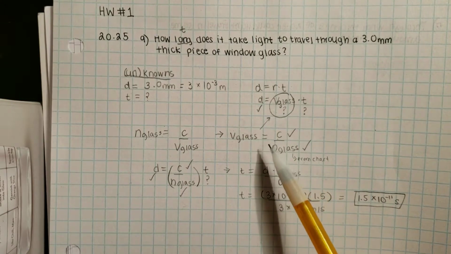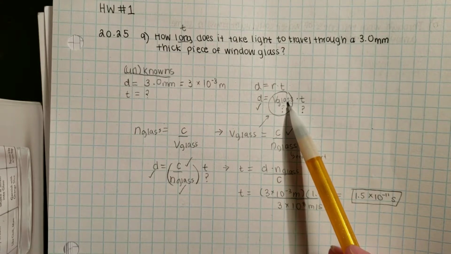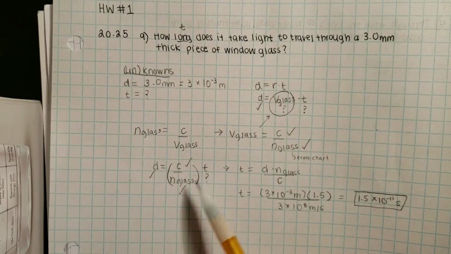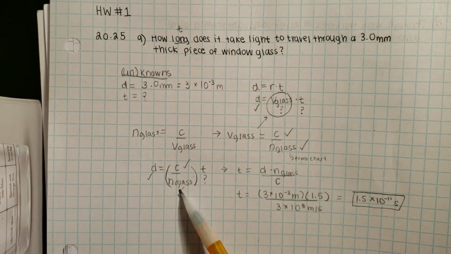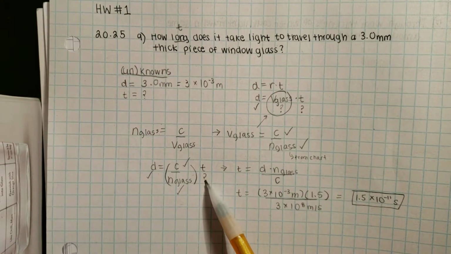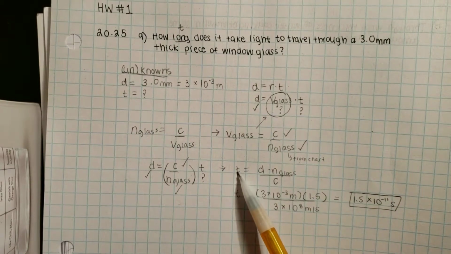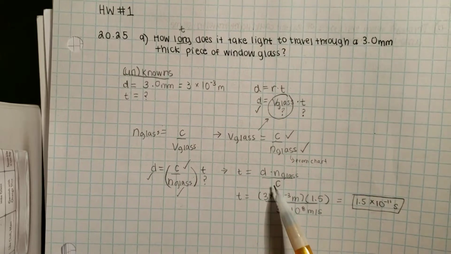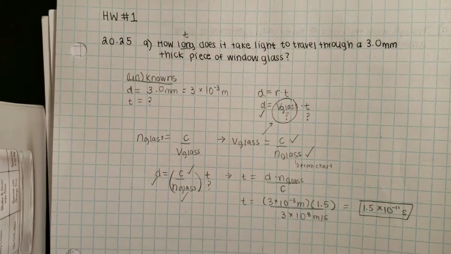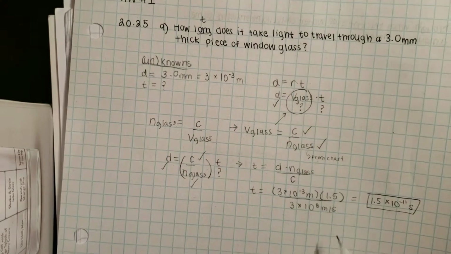So we replace this into our equation for V glass, and then we get D equals C over N glass times T. We know the speed of light, we know the index of refraction for glass, and we know the distance. Now our unknown time is the only variable left. So we solve for time by isolating time and moving the variables to one side, and then we plug and chug, and we get 1.5 times 10 to the negative 11 seconds. And this is where it comes in handy to have that in meters instead of millimeters, so you don't have